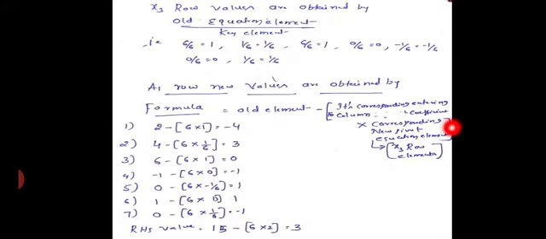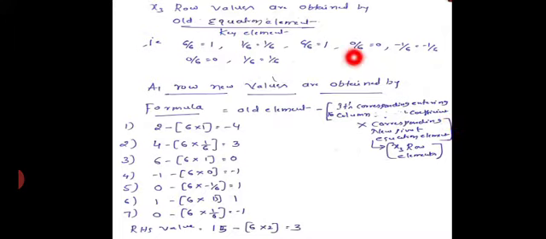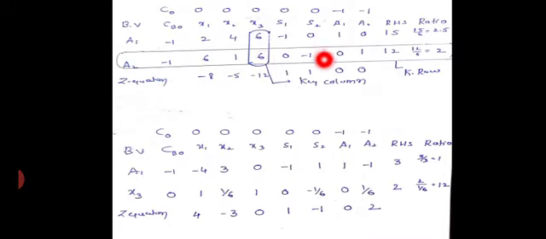Already you are familiar. The x3 row is obtained by the old equation element divided by the key element. My old equation element is, first one, 6, and my key element is 6 here. 6 divided by 6, you are going to get 1. Similarly, 1 divided by 6 is 1 by 6. 6 divided by 6 equals 1. 0 by anything is 0, and minus 1 divided by 6 is minus 1 by 6, and 0 by anything is 0, and 1 by 6 equals 1 by 6. Similarly, 12 divided by 6 gives the RHS value 2. See, this is how you get your new x3 row values.